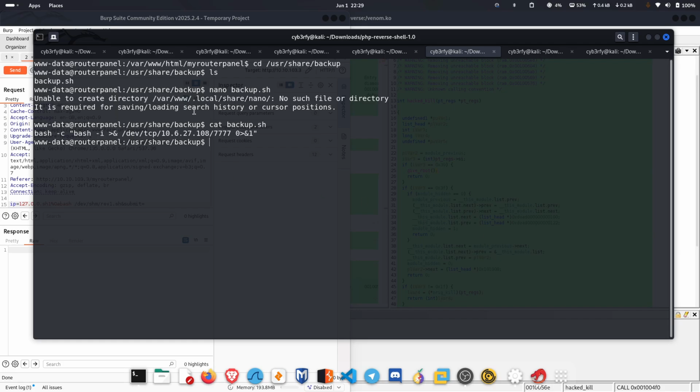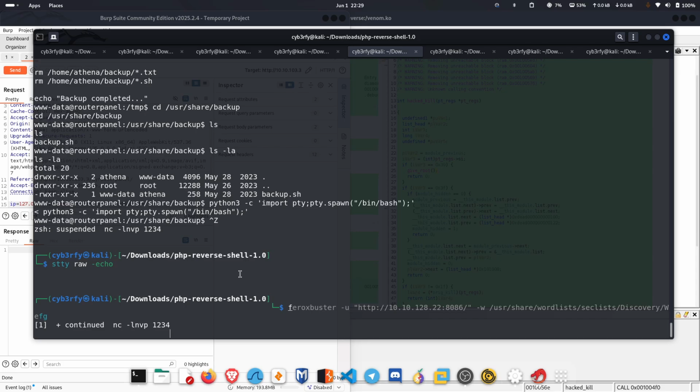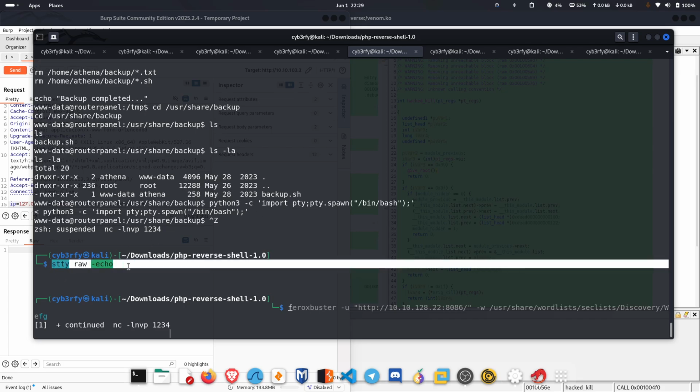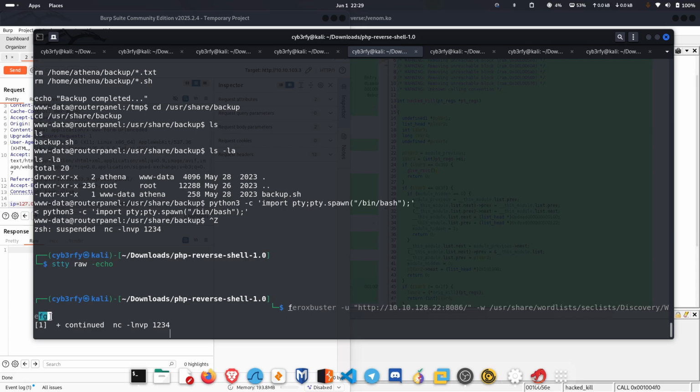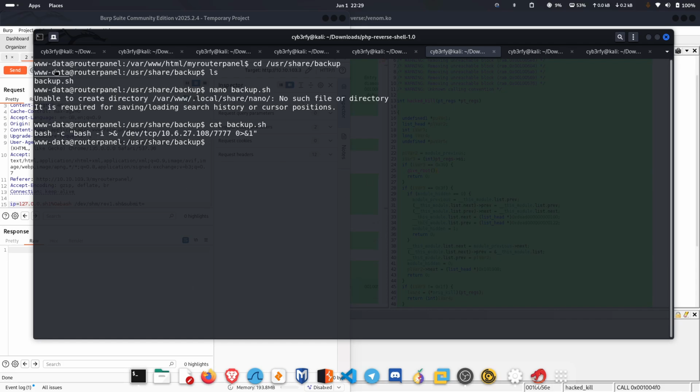So what I did is, here you can see I got the interactive shell. You can just get an interactive shell in a few easy steps. First use this command: import python3 import pty, then export TERM equals xterm, and then you can just use stty and then foreground the process. So that's all, and by pressing enter, here you will get your shell,